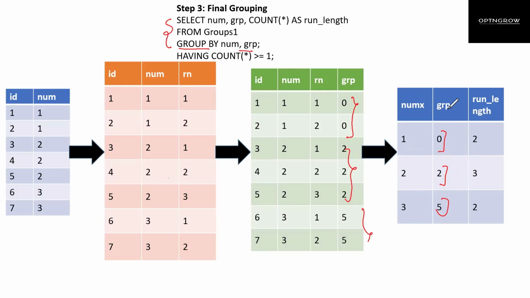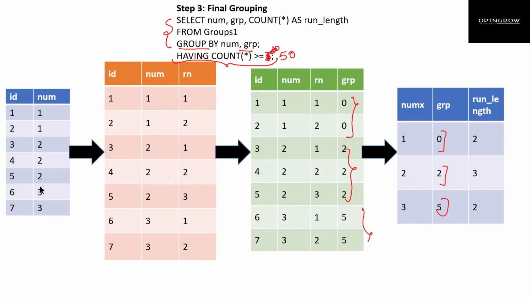Now once we are done till here, all we have to do is filter our result using the HAVING clause, HAVING COUNT greater than or equal to, in our case 3, because that's the requirement. But let's say you want to find the numbers which are appearing 10 times consecutively. Then you can simply replace it with 10. Let's say you want to find numbers appearing 50 times consecutively. Then all you have to do is replace this number with 50. So if you write your query this way, then you can find the consecutive numbers appearing n times without repeating the self join again and again.